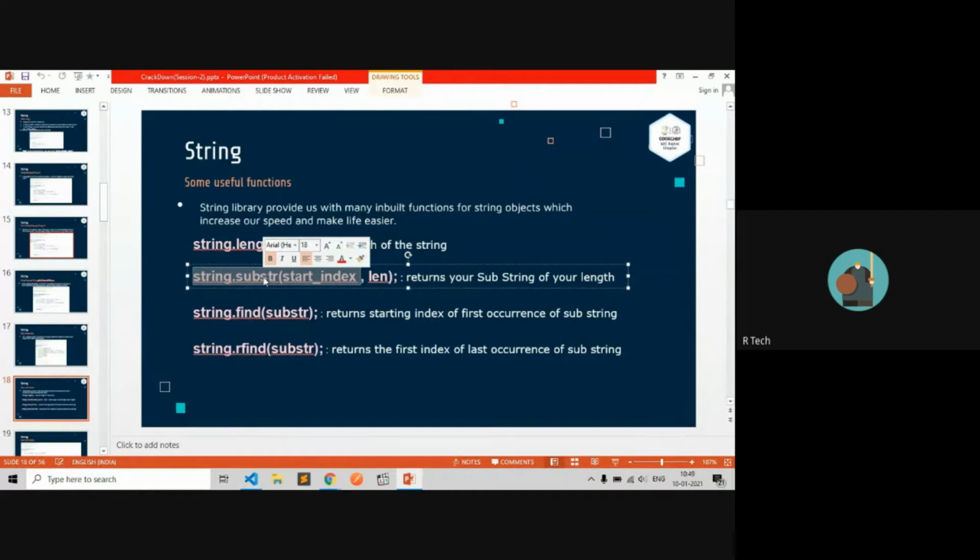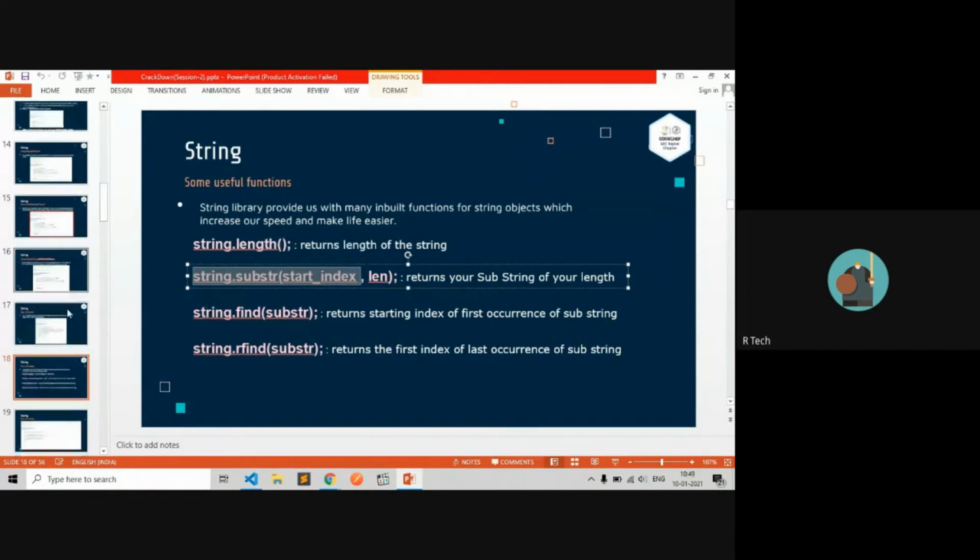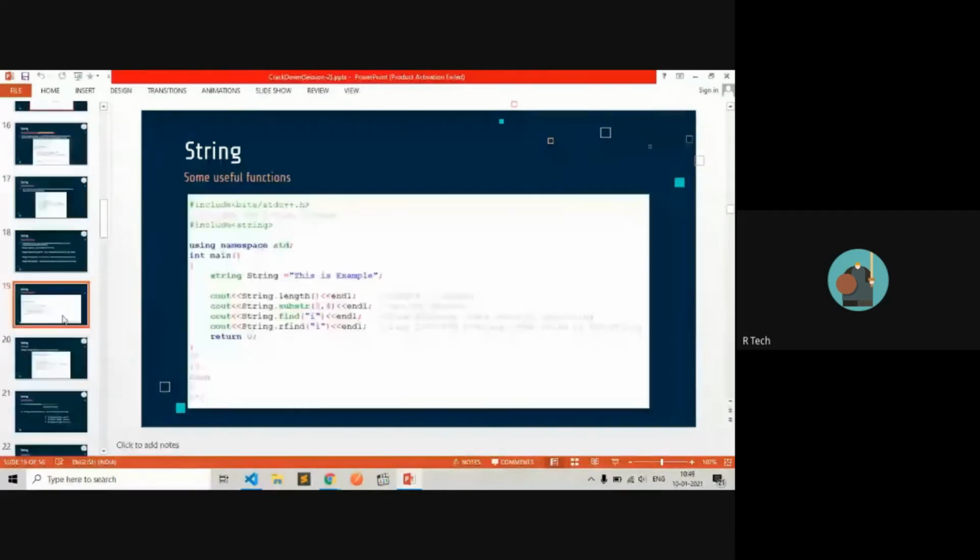The find function is used to find a substring, like how many times hello is said; it will return the position of hello. And rfind means the last occurrence, where hello is said a second time. This is the program using functions for strings.